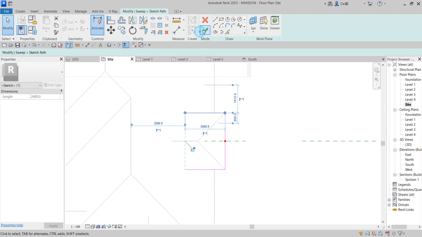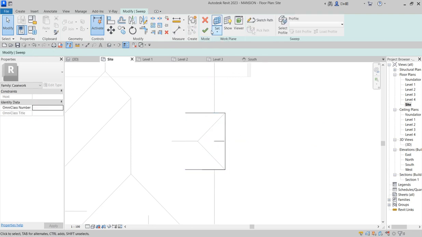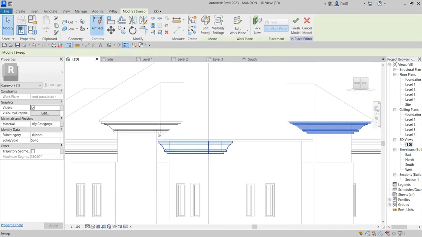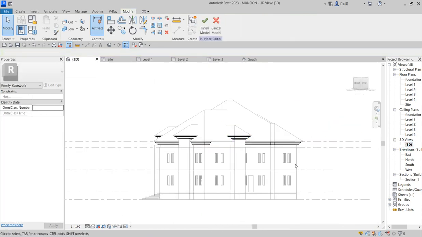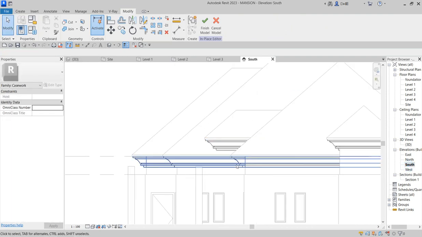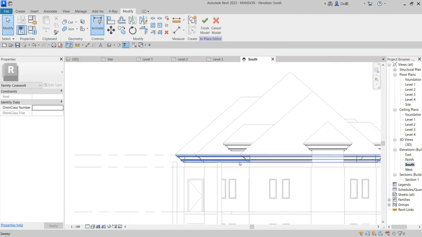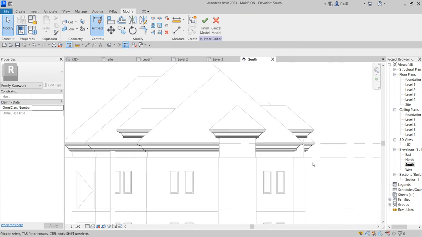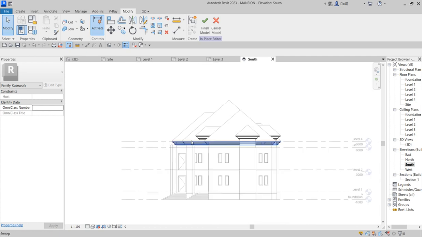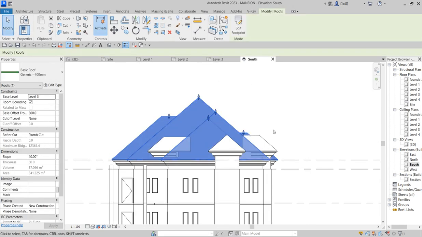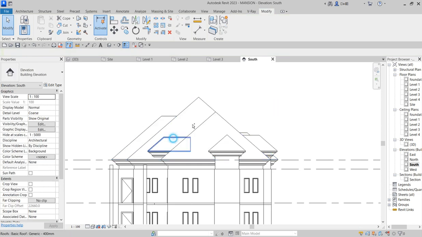Good. It's a technical issue. You must understand and develop yourself toward the technical development of everything. So when you look at it like that, and you look at it from here, you see that everything has been created, the balancing moment and things like that. So you have all these things in place for yourself, and the roof is now looking like something complex and something you desire. So now what you do is this ridge cap, you select them,